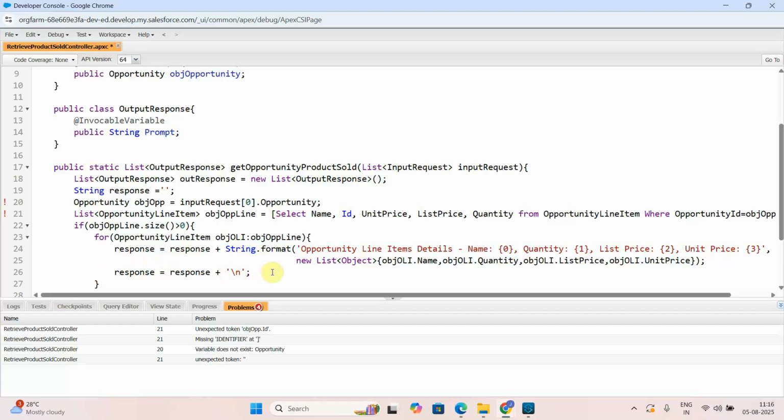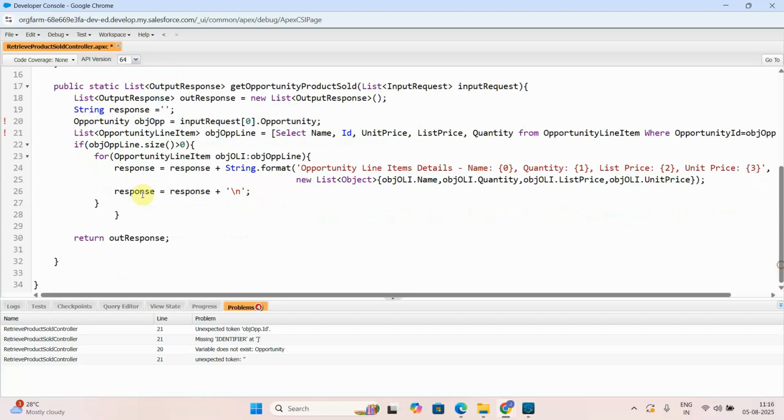Okay, so we have defined a response, and in case the for each is done, then I can put else: response is equal to response plus there is no product sold with this opportunity, right? So let me save this and